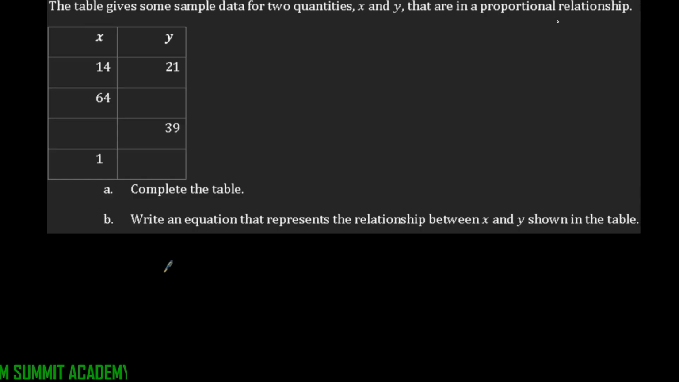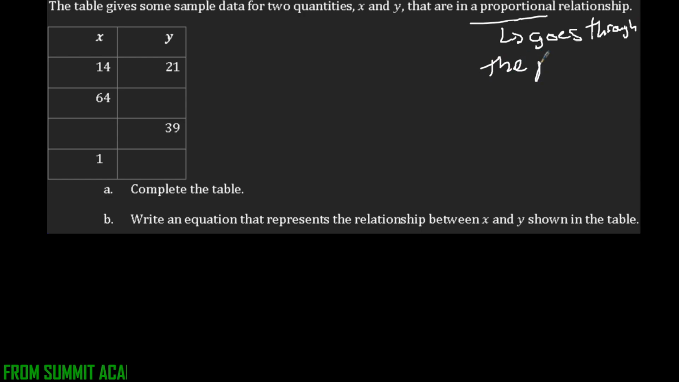It says the table gives sample data for two quantities, x and y, that are in a proportional relationship. Make sure you remember what that means. When we have that word proportional, that means it goes through the point 0, 0, which is very helpful because we need to be able to complete the table and write the equation. And since it gives you another ordered pair, we can actually solve for